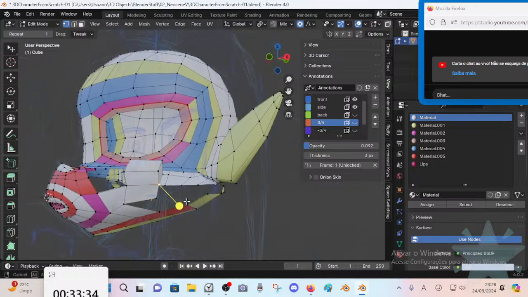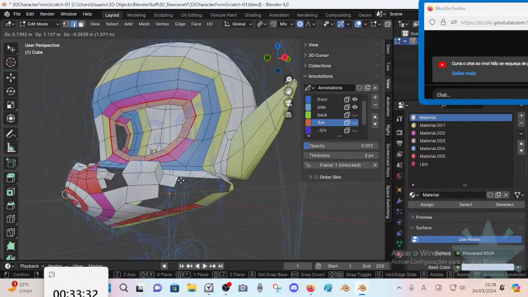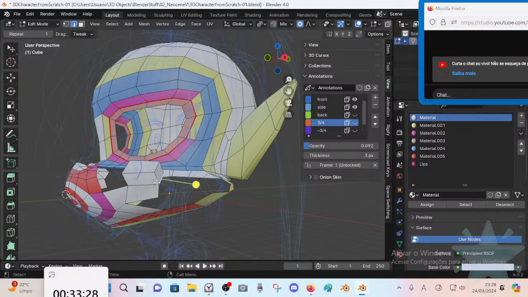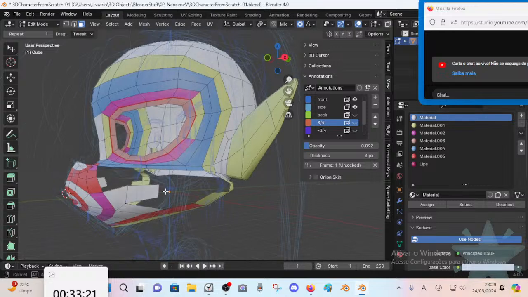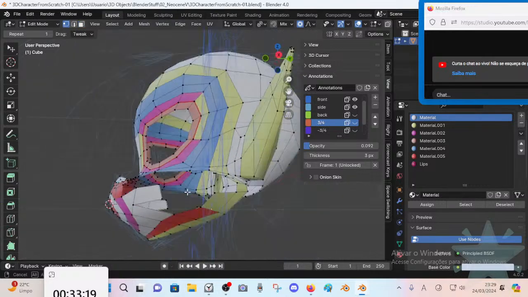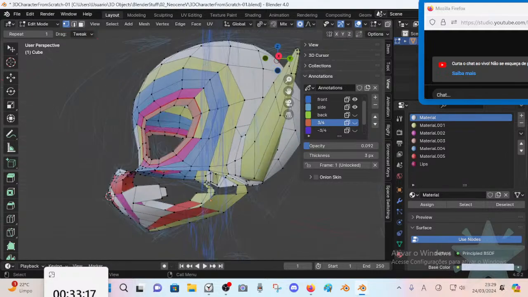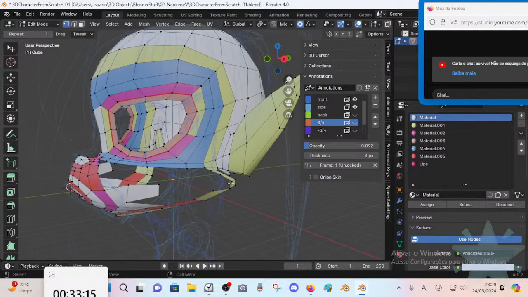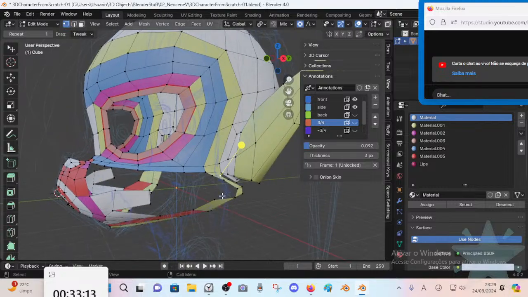Not necessarily, but what I mean is that if we have a shape that things need to loop around, then we need to configure the mesh topology to run around that thing. It doesn't need to be an extrusion like that, but it can be just a shape like that, that we can